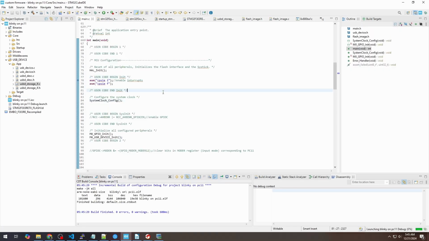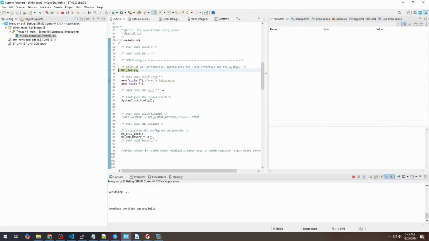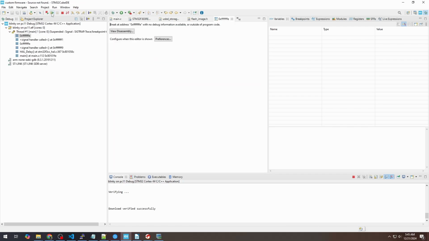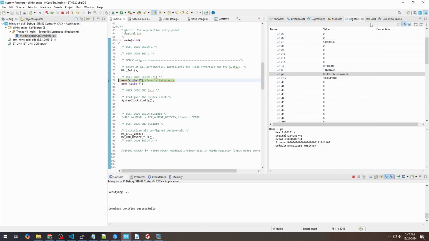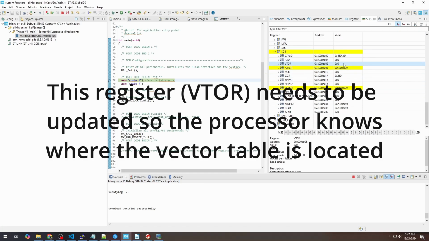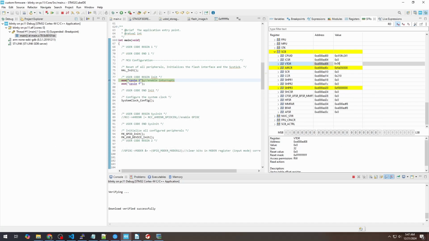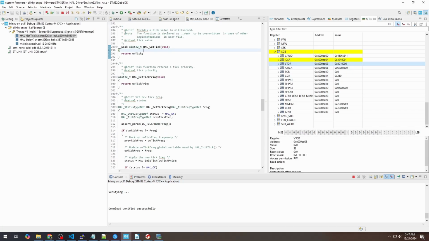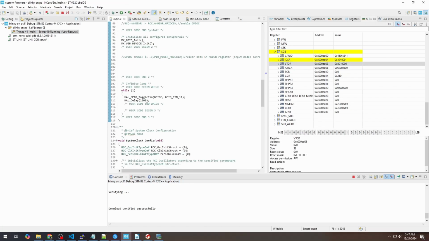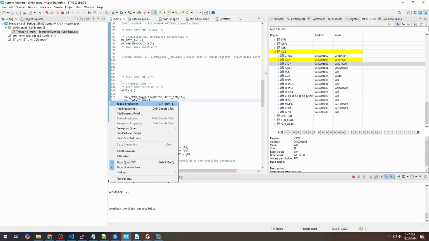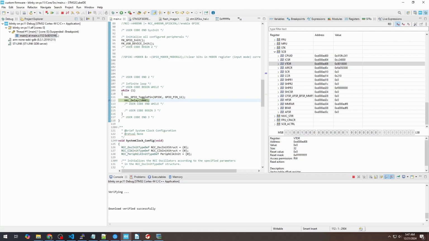We're going to upload the code now. All right, so it says that it jumped to the HAL_Init function, which is great. And if we start stepping through the code, we'll see that it goes to some address that we don't know, because our vector table is not in the right place. So I'm going to actually edit it to put the vector table in the right place. So now if I continue running the code, we can see that it actually runs like it's supposed to. If I pause it, we get caught in the HAL_Tick, which is great because right here we have a pin toggling, and I can throw a breakpoint right there. There we go. It'll stop at the HAL_Delay